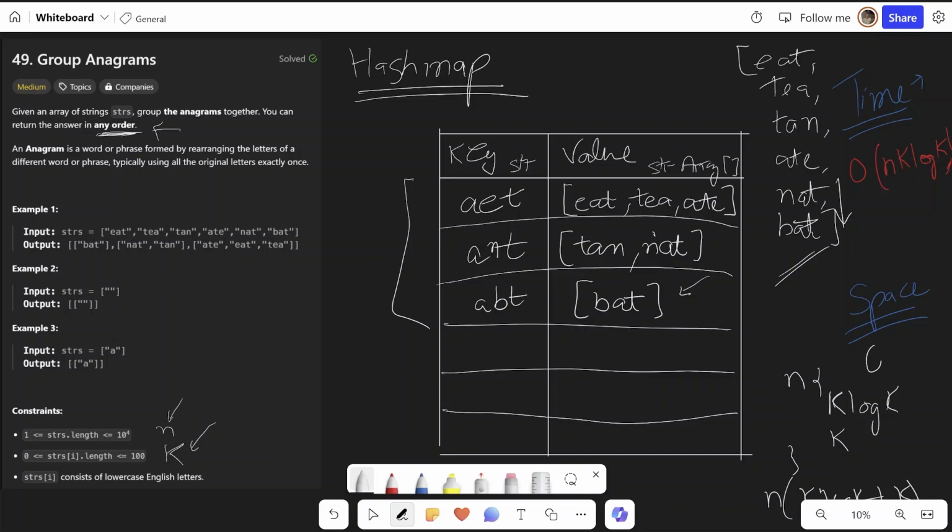So O of nk. Let me also write that in red. O of nk. So O of nk log k is the time complexity, and O of nk is the space complexity.